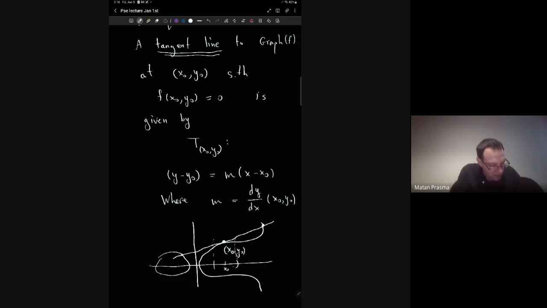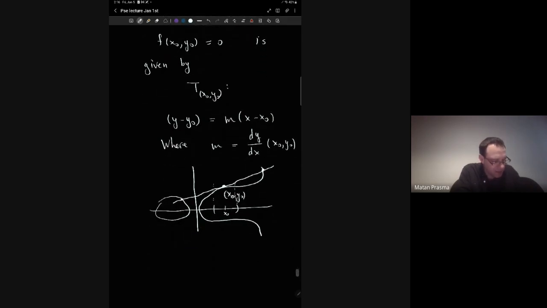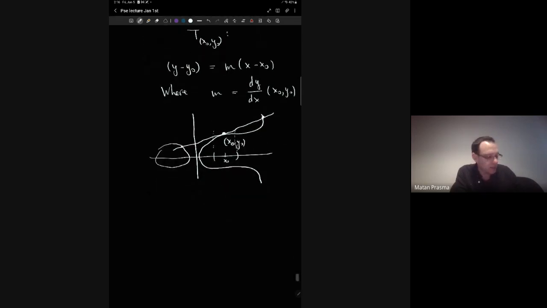again, we are interested in the property that it touches the curve in exactly one point in some neighborhood around the point x0, y0. And it's true, it may intersect the curve in other points, but this kind of intersection in x0, y0 is of a special characteristic, right? It's just like you know,